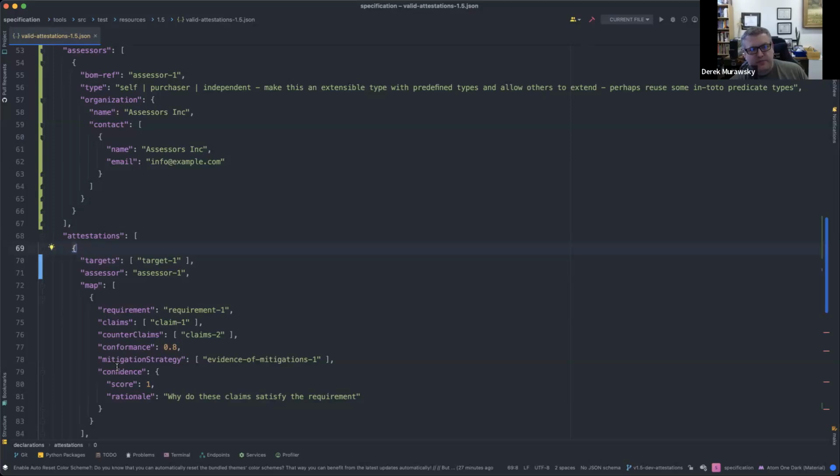But since we support multiple attestations in here, one assessor might specialize in federal government things. Another one might specialize in security. Somebody who does a BSIM audit might not be the same person who does your SAM assessment or something like that. It might be different vendors who are doing each of those. Eventually it is like a collated attestation document where the organization is collating all the audits into a single document.